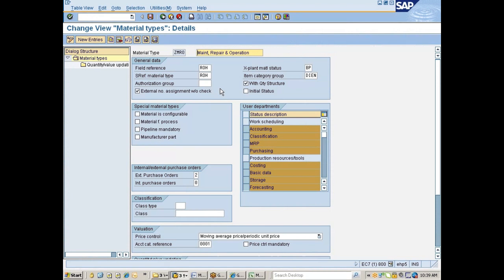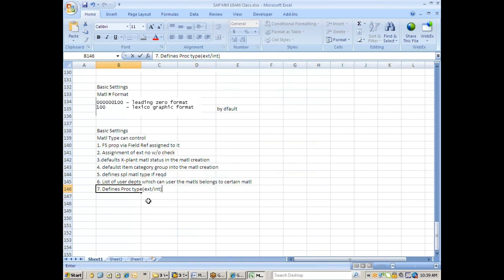These kinds of materials, do you purchase or do you manufacture them? Based on that, the procurement type indicator will be defaulted automatically into your MRP2 view. So you can say it defines the procurement type indicator in the MRP2 view,